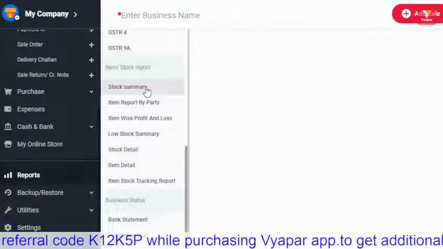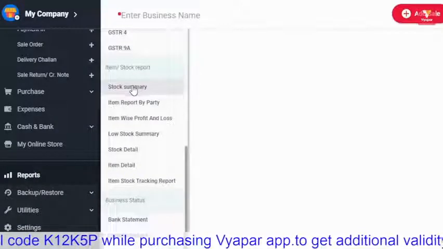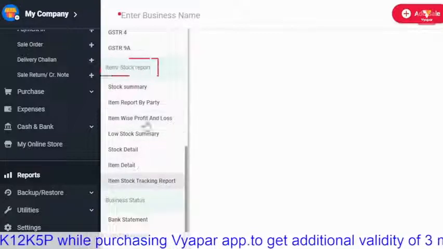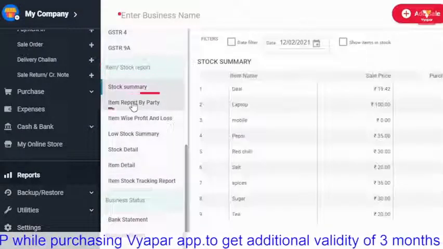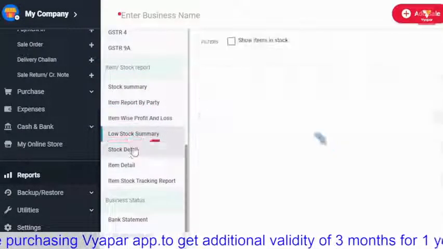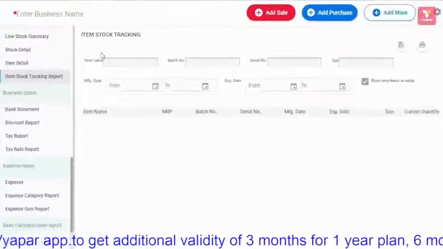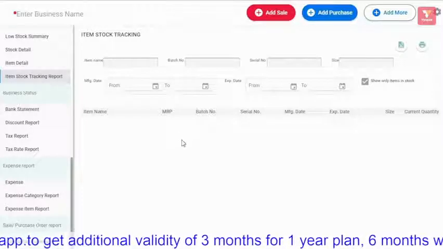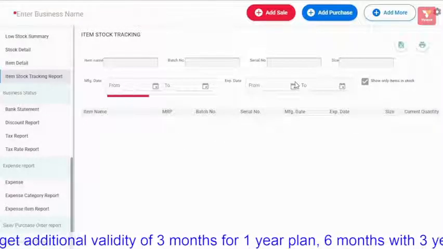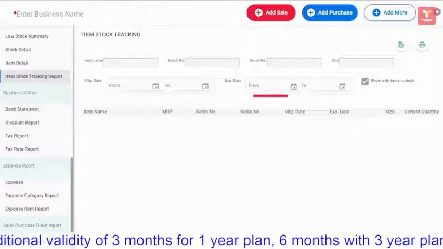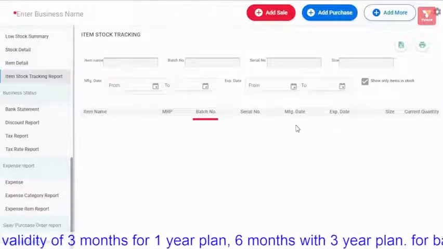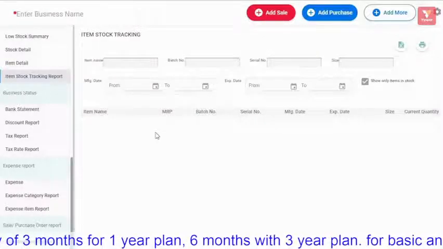Total 7 to 10 types of reports where you can track your stock inventory in every way and maintain a record of that. Like we mentioned earlier, if in your business, the inventory is managed on the basis of manufacturing dates, expiry dates, batch-wise, or multiple serial number-wise, then you can easily obtain its tracking items, stock tracking report.